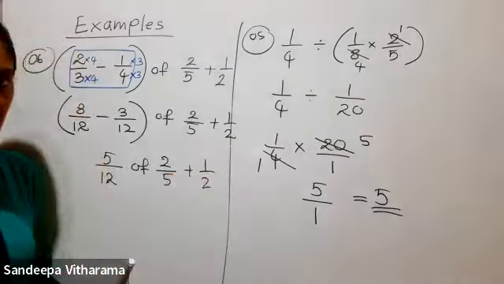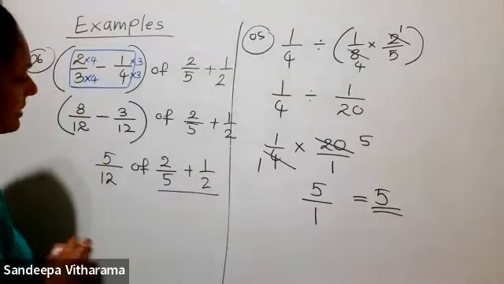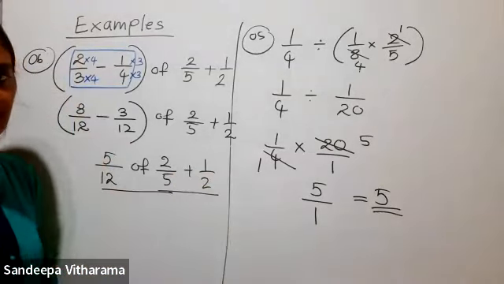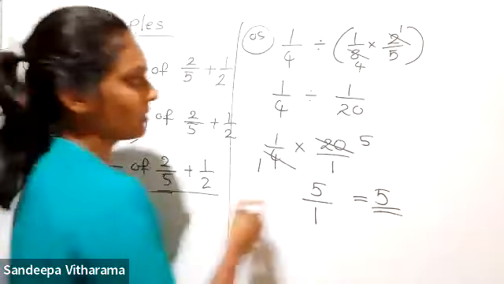Now in this case, here there is an addition and this is of term. What we do first, according to the BODMAS rule,